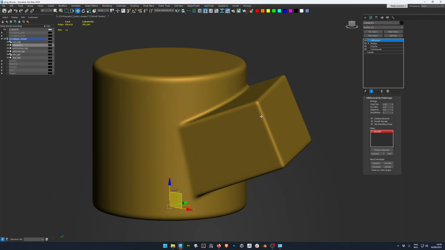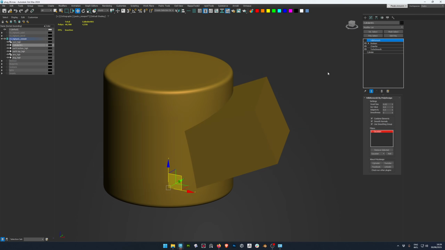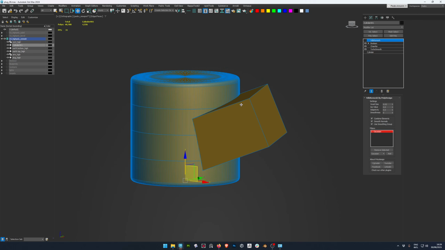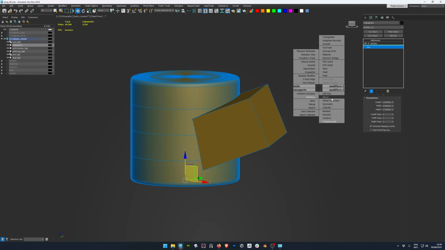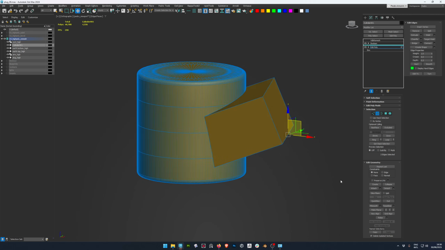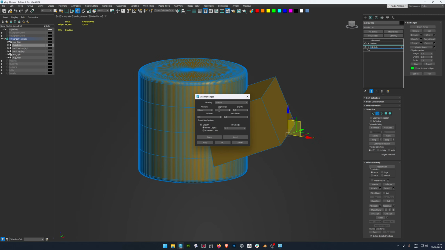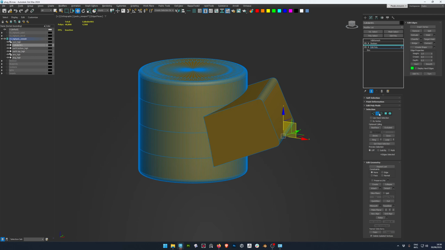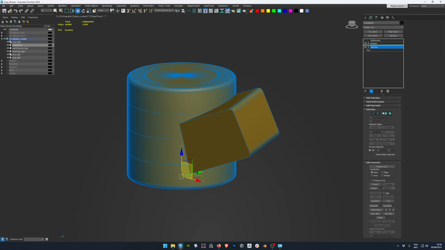The only thing that I will say is that, for example, let's say that this is your model. You're quite happy with this. And then you wanted these two edges to be much wider. So you can do something like this. And then